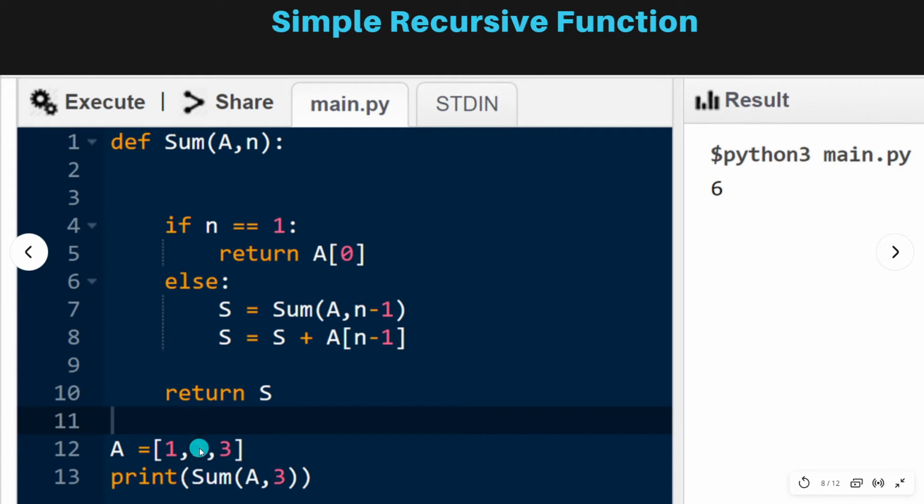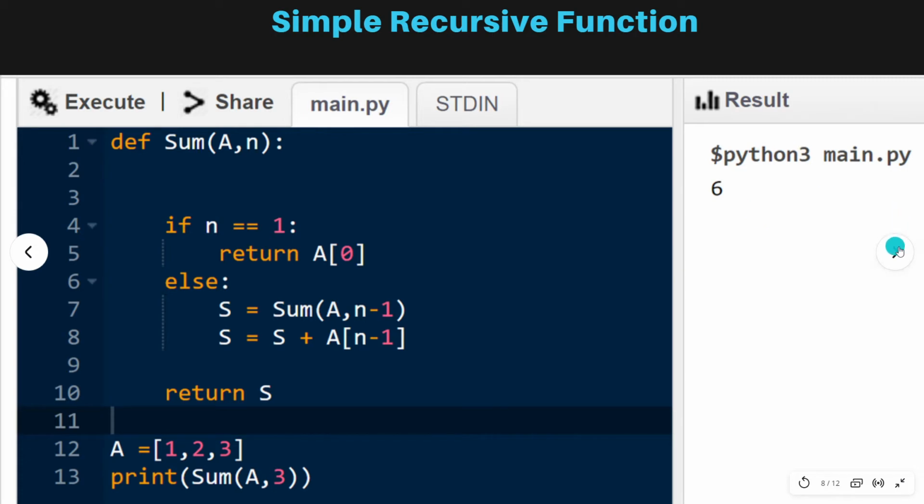Suppose it has only 1 and not 2 and 3, then it will return 1 only. What is written in the else condition? Else it recurses on all elements excluding the last one, and at the end we are adding the last one. This is the typical example of a simple recursive algorithm.